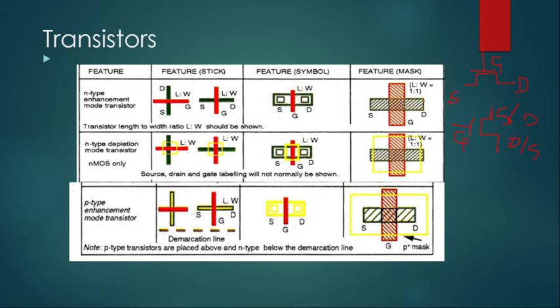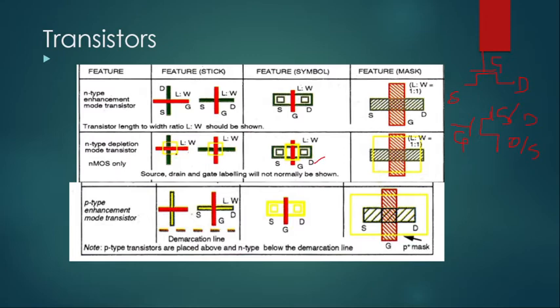If we talk about depletion type, so what is depletion type transistor? Depletion type transistor is the transistor which has the channel already present there, and enhancement type is the type of transistor in which the channel is not present. You need to enhance that channel with respect to the transistor, and in depletion the channel is already present. Therefore depletion type transistors are called normally on, and NMOS enhancement type transistors are called normally off. So here the symbol for depletion type transistor is also shown as this,